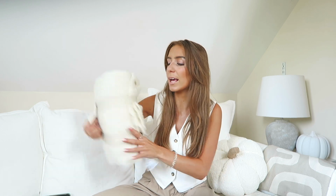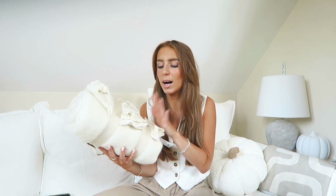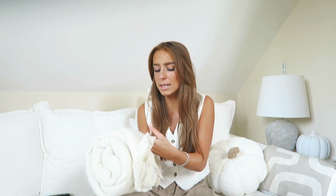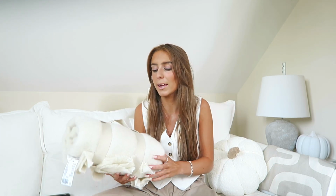So you've literally got a little handle for it. I'm not really too sure what the purpose of that is, to be honest, but it's like a giant blanket scarf. Can you see how much that's rolled up? I'm kind of scared to undo this, because I don't think I'm going to be able to do it back up again. But it's this white knitted scarf. Again, really soft, but I kind of love the fact that it's packaged like a picnic blanket, but I am also a bit confused because